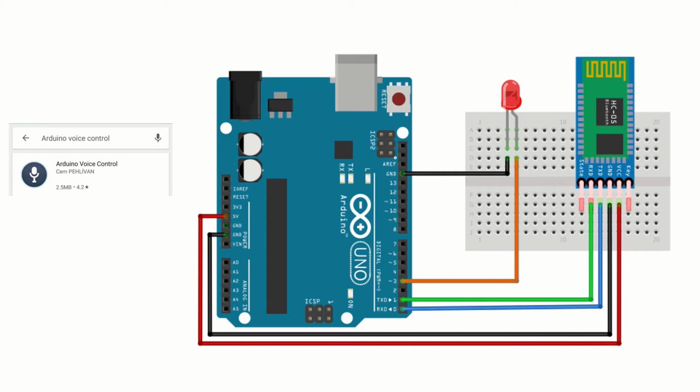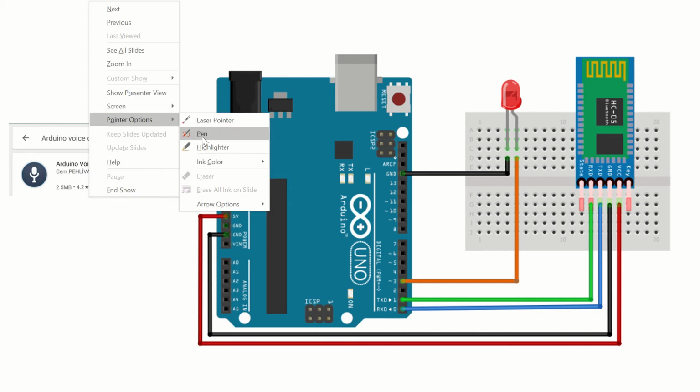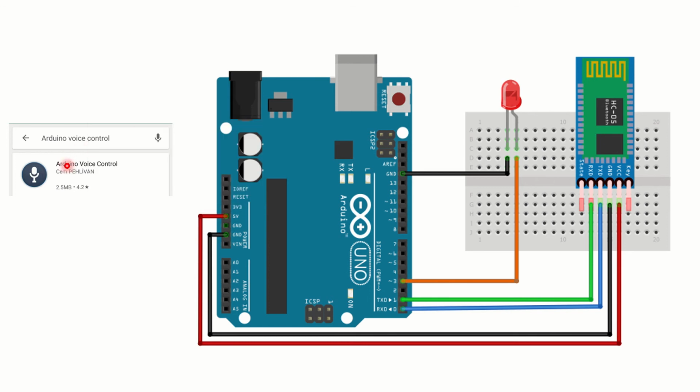And further, what you need to have is you need to install the Arduino voice control app that is available in the Play Store on your mobile. Do that, and this is the app that you need to search for in the Play Store. I have highlighted the name of it as well right now. You can see that: Arduino voice control. That's all. You need to use that in your Android phone. The same version is available for iOS as well, and you can install it there.